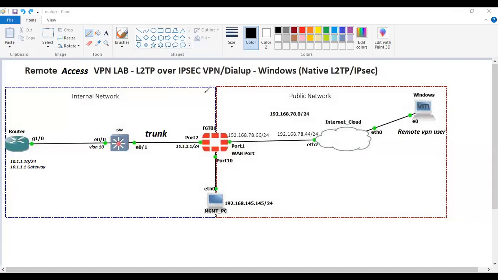As you can see, the network I have designed is divided into two parts, right? The internal network, which you can call the LAN network, and the public network in my lab, which is nothing but the internet. Let me tell you how the connectivity behind the FortiGate firewall is designed. Behind the FortiGate firewall, there is one L2 switch, which is connected to this FortiGate firewall. On FortiGate port 2, I have configured